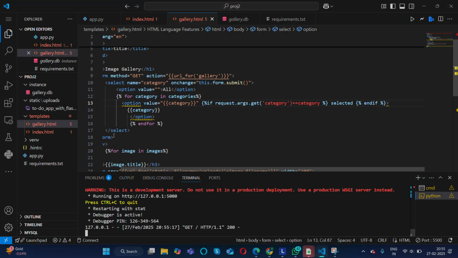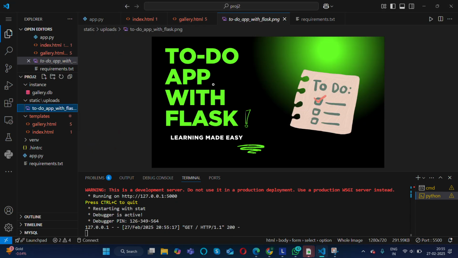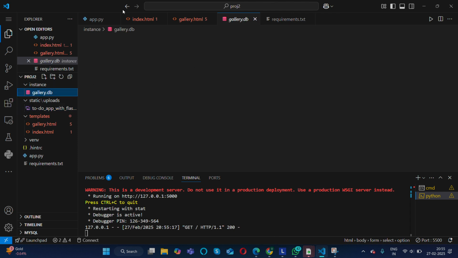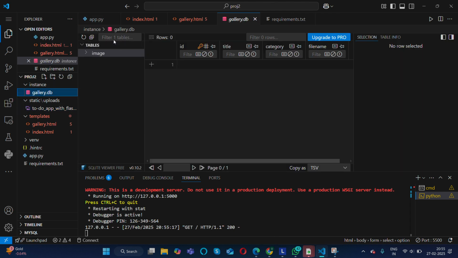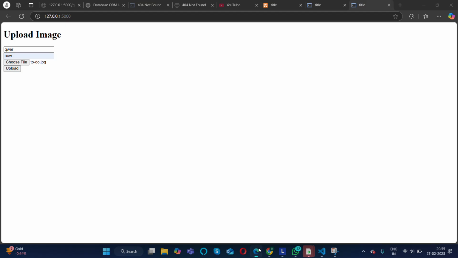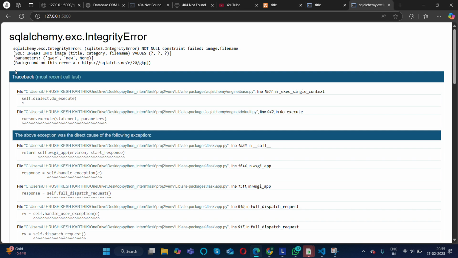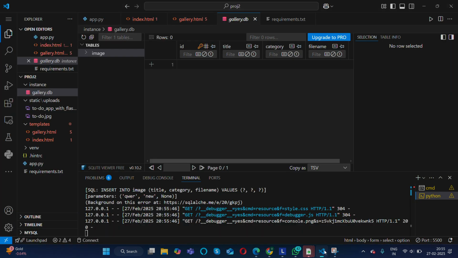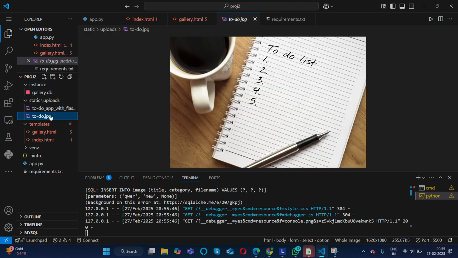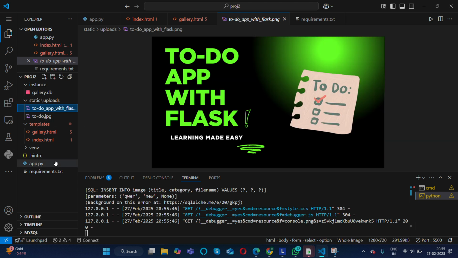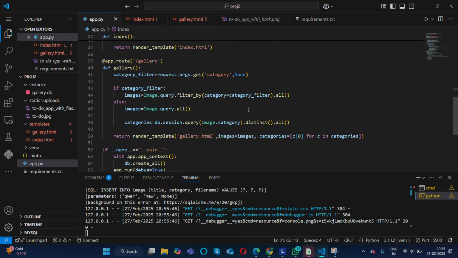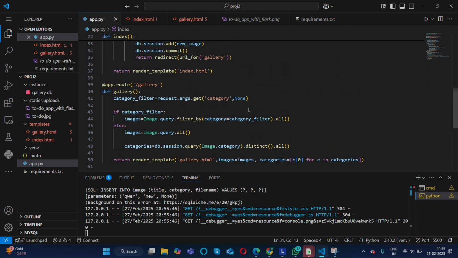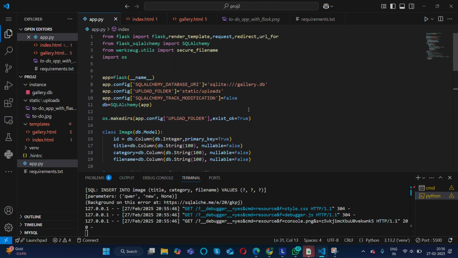Let me check. We have this, no new ones. Yeah, I got it actually. But there is some mistake in the code, I guess. A small error which is not executing it properly. Correct it.